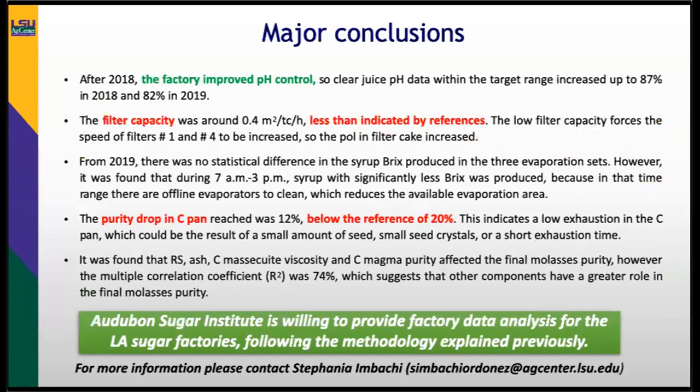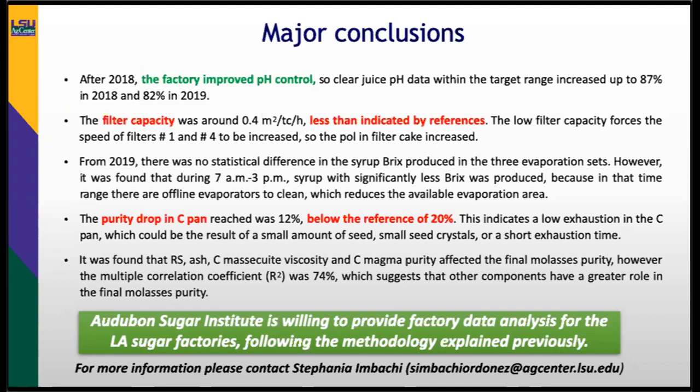After 2018, the factory improved the control of the pH of the juice. So the clear juice pH data within the target range increased up to 87% and 82%. The filter capacity was around 0.4 square meters per ton of cane per hour, less than indicated by references. That low capacity increased the speed of filters 1 and 4, which increased the pol in the filter cake. From 2019, there was no statistical difference in the syrup brix